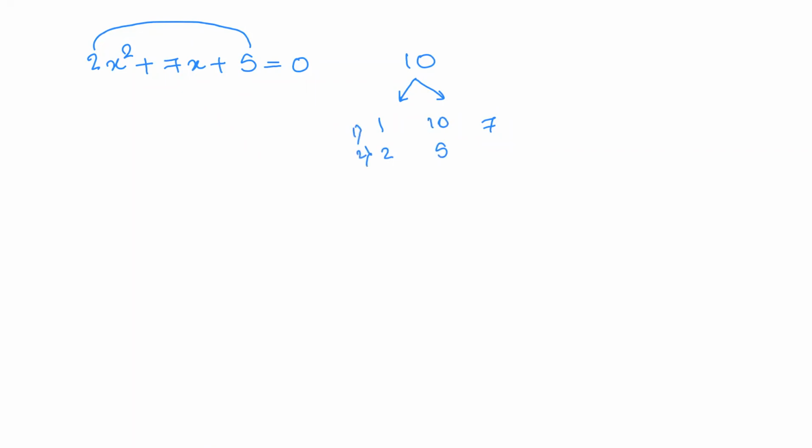How do we decide what to pick up? The connecting sign, the sign of the constant decides that. तो 1 और 10 को ऐड करेंगे तो वो तो 11 हो जाएगा, तो ये ऑप्शन रूल्ड आउट है. 2 और 5 इसको ऐड करेंगे तो पक्का 7 आ जाएगा. So you're going to split up 7 as 2x square plus 2x plus 5x plus 5 is equal to 0. And now we can take out things common. So please do that.